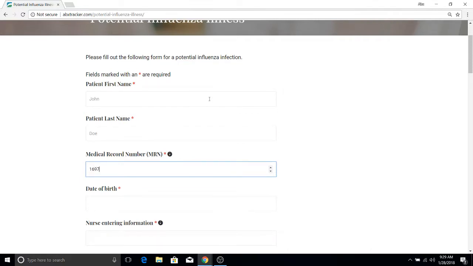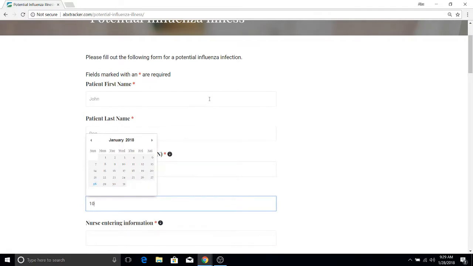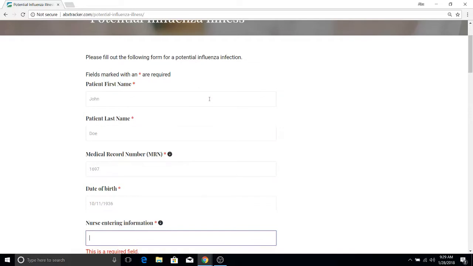Again, this is an essential part to get correct as it syncs other antimicrobial use to this medical record number. If your facility medical record number contains letters or special characters, do not enter those. Only enter the numbers in your medical record number. Next is date of birth. Your name,